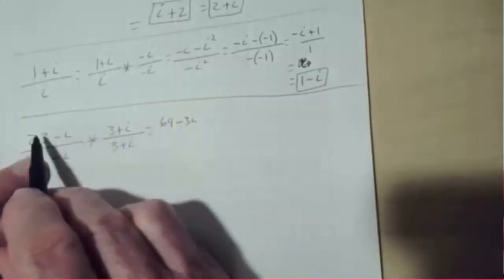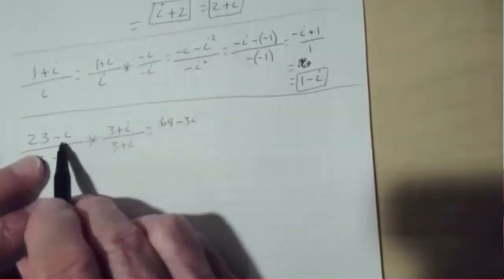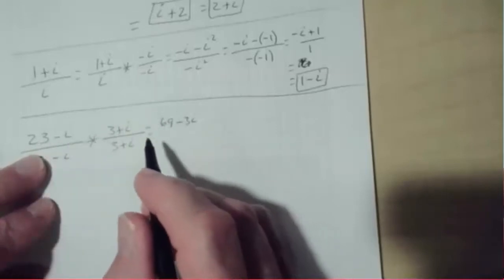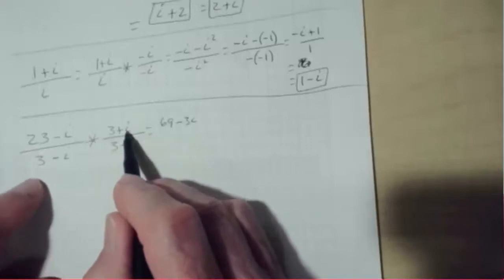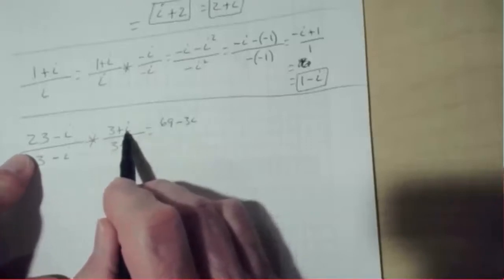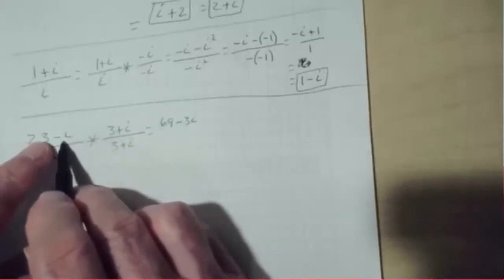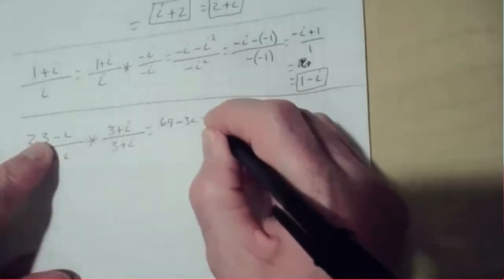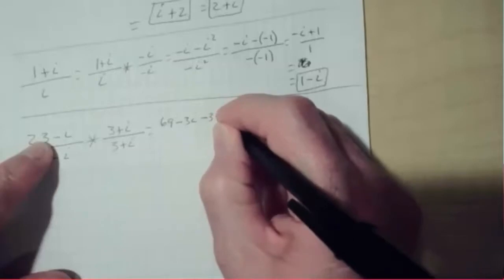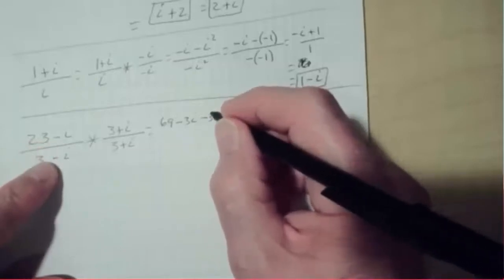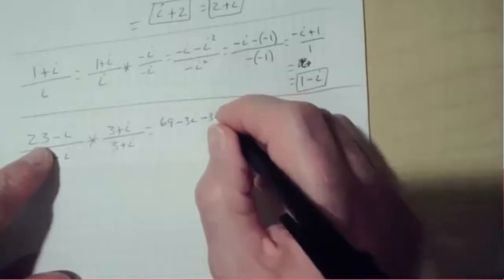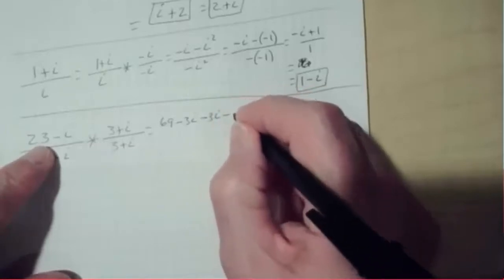Now we do the distributive property. 3 times 23 is 69, I think. Minus 3i, right? 3 times 23 and 3 times negative i. Okay, now we do the same thing with the i. Or we can do the same thing with the negative i here. That's going to give us negative,